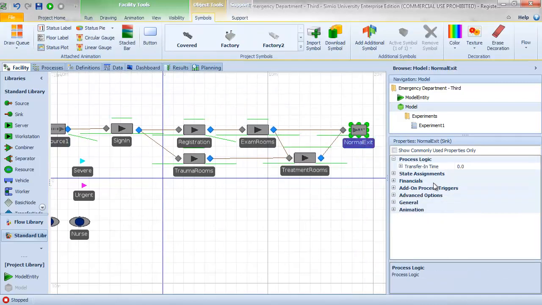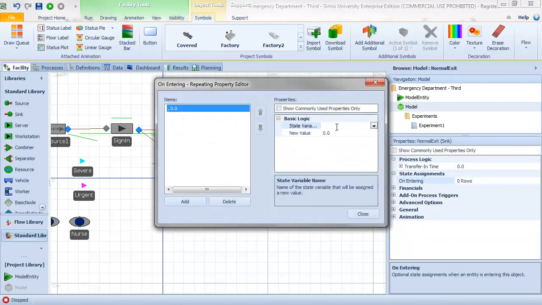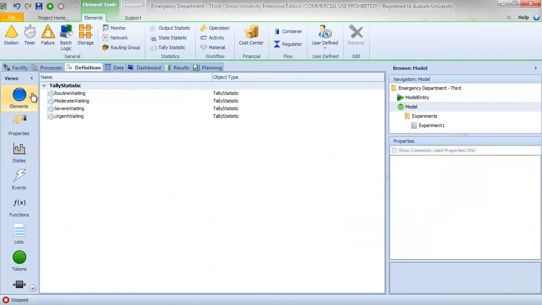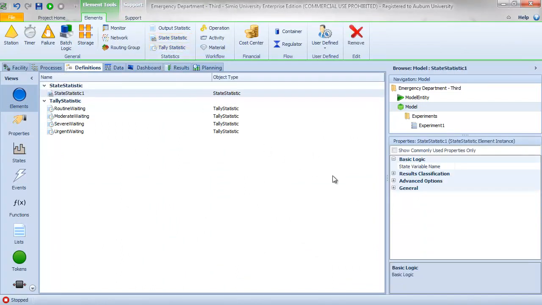Similarly, when a patient departs, I'm going to decrement that value. So I will go to state assignments and add the corresponding state assignment, num patients equals num patients minus 1. Now when a patient arrives, we increment the value. When a patient departs, we decrement the value. At any given point in simulation time, the value of that state should be the number of patients in our system. So to define the state statistic, we simply go to the elements page, state statistic,